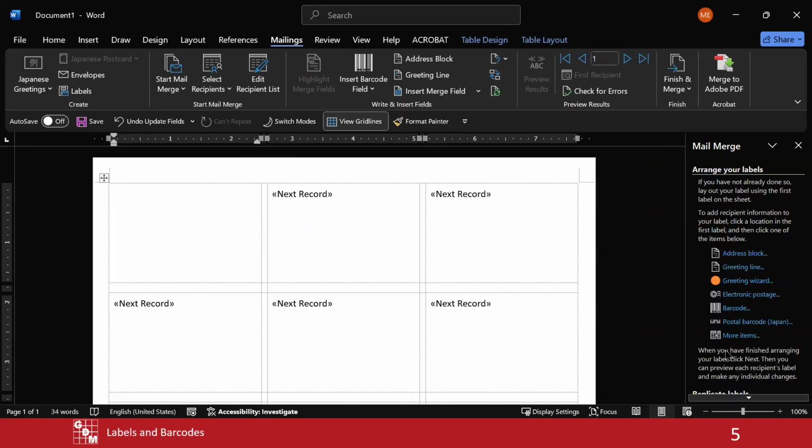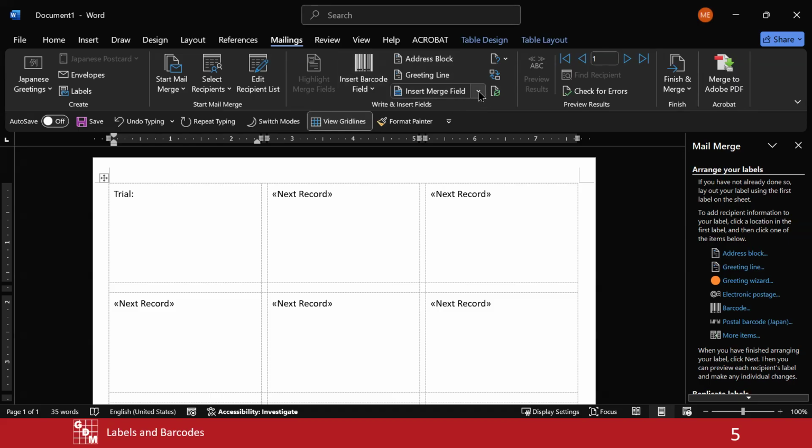Next step is arranging my labels. So here now I can actually do the custom creation. I just create whatever I want in this first label. So I can type in my prompt. So that's just the hard-coded trial. And then if I do a space, what I would like to have next is the actual trial ID. Well, how do I insert a value from my label? That I can do